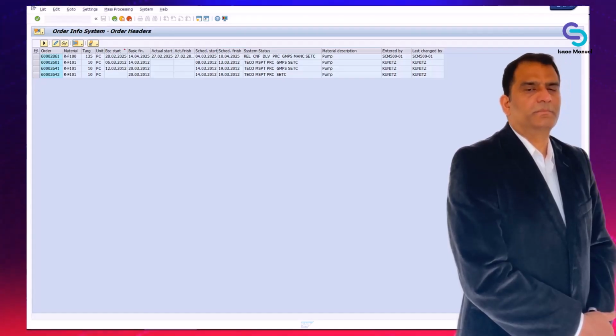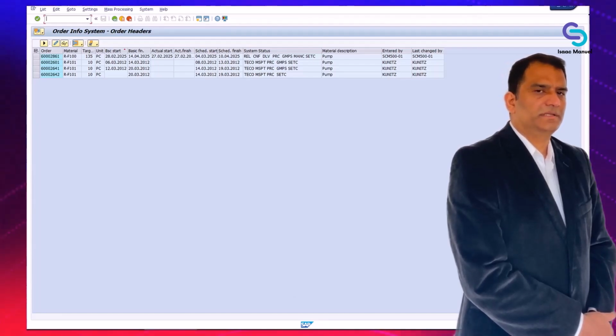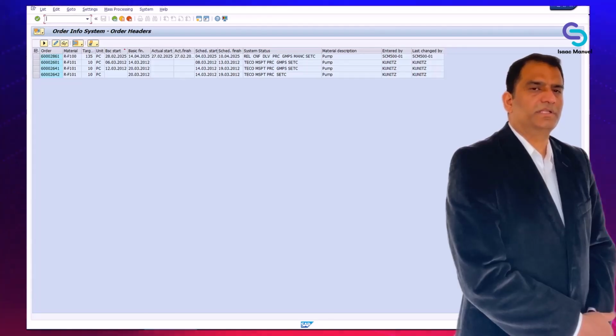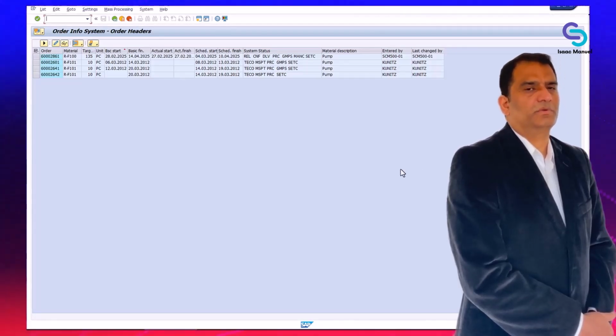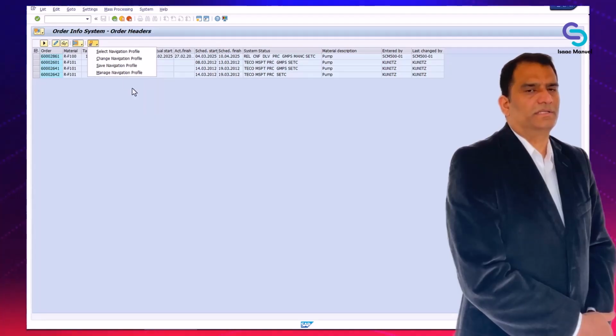Next, you can check production progress. This gives you a quick view of how far along each order is within the overall manufacturing process. You can also analyze components and operations. This helps you review which raw materials are required, the sequence of production operations, and the specific work centers involved